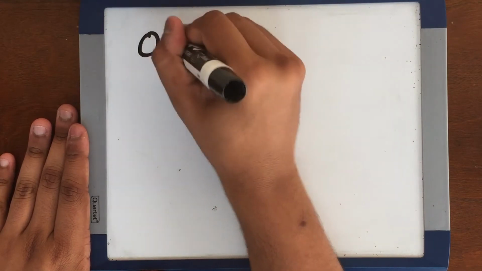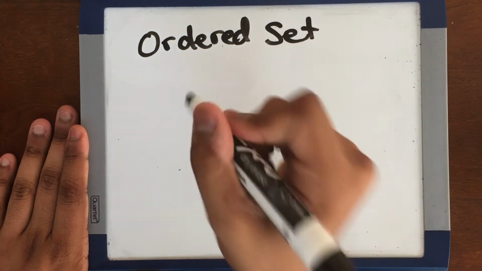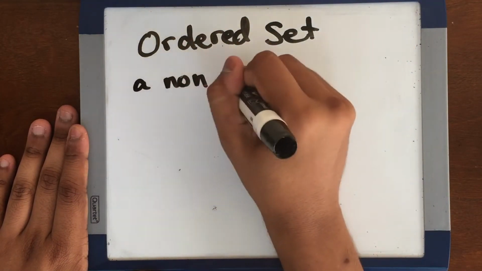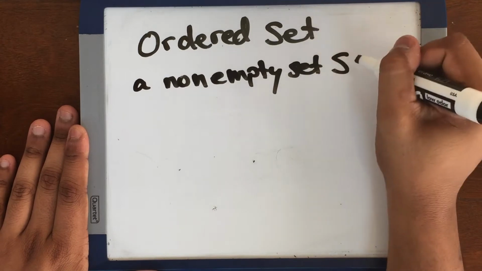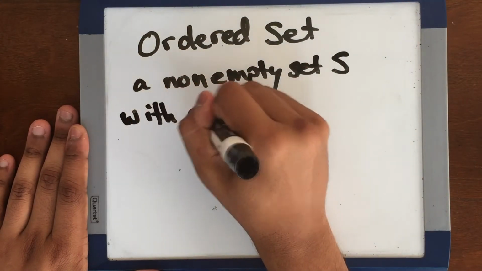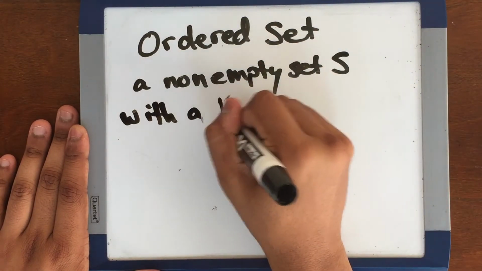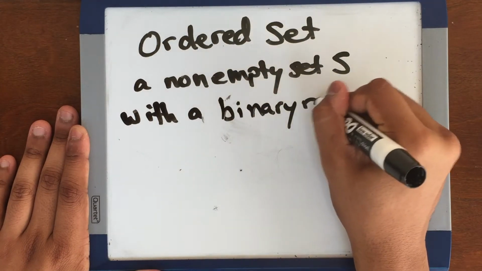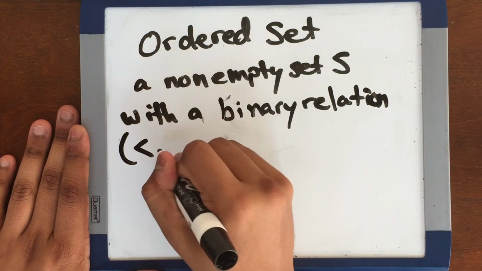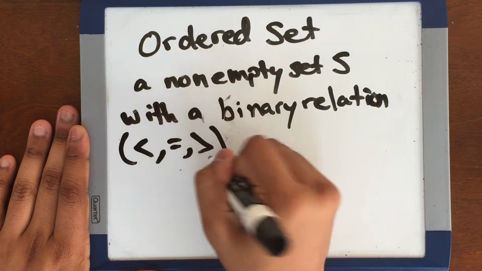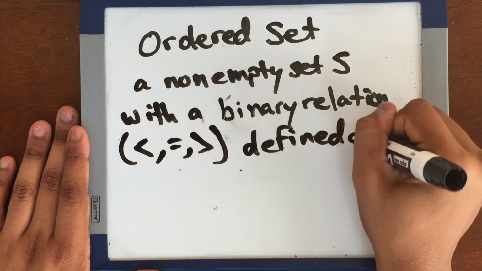An ordered set is simply a non-empty set S with a binary relation, which is either the less than, the equal to, or the greater than, defined on all